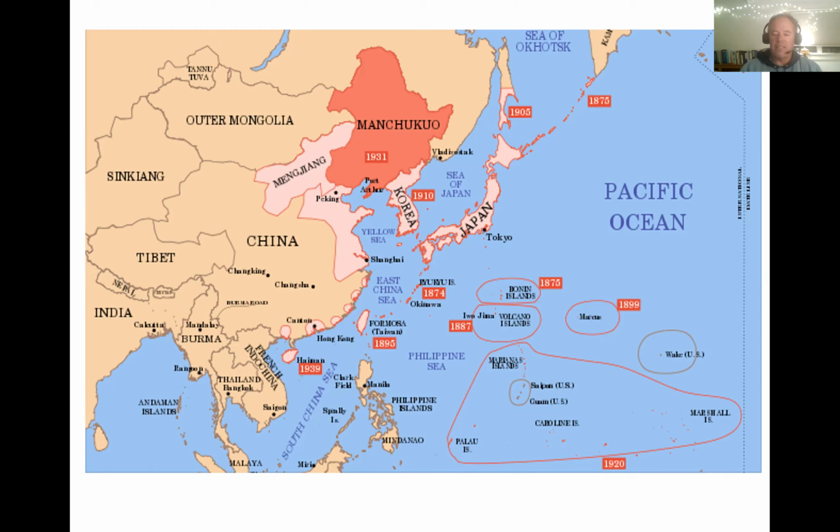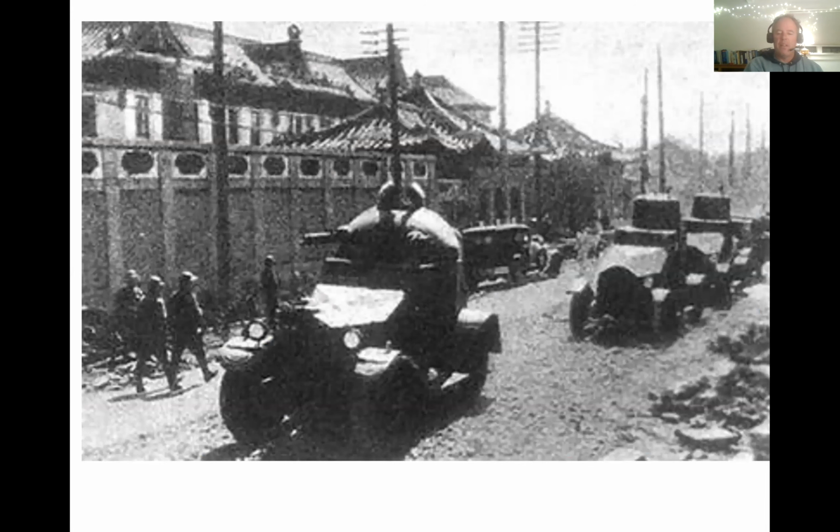We know how this story ends as well. It's the middle of the Depression. None of these European countries are willing to come to the aid of the Chinese, and the result is a Japanese conquest of Manchuria and the creation of a puppet state, Manchukuo, which will be under Japanese control until 1945. This is a photograph of the Japanese tanks moving into Manchuria. It was a planned operation. The Japanese contend that they were only intervening to prevent Chinese sabotage against Japanese railroad possessions in the province. I mean, no one believed that.